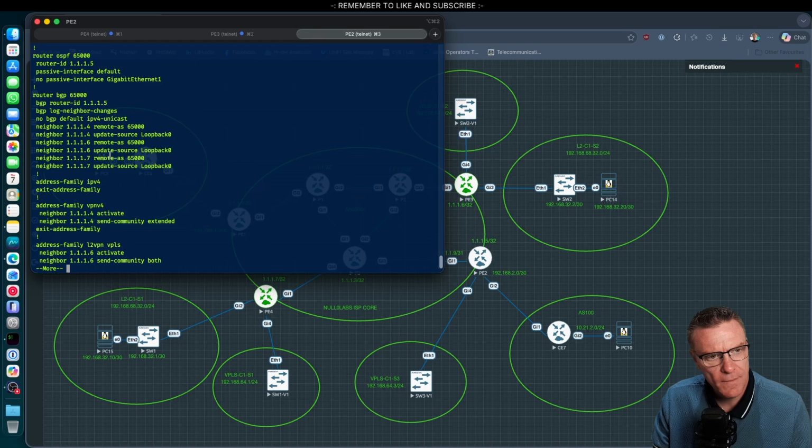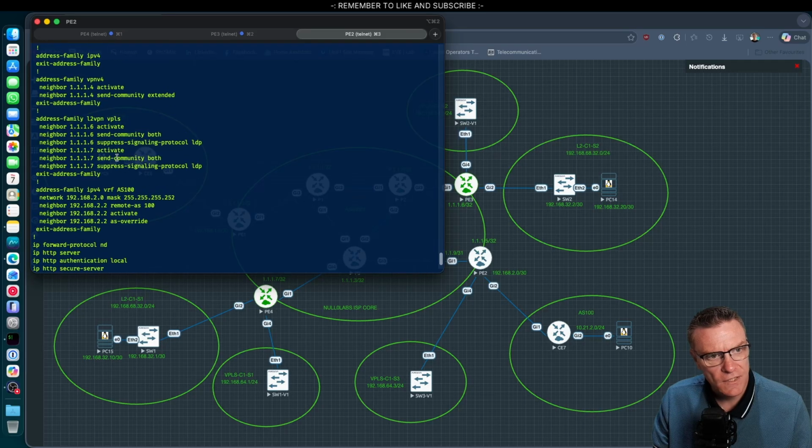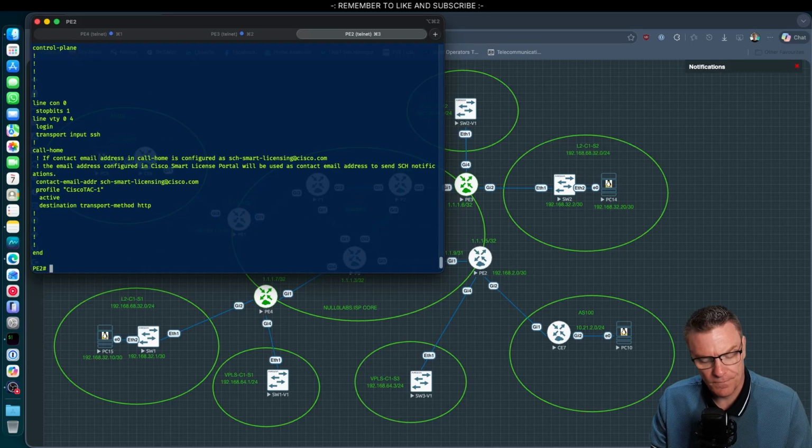Under our BGP, we have peerings to our required PEs. Under this one, we've got a layer 3 customer, and they're receiving their routes in via this VRF. We also have our VPLS customer configuration to share between our other routers here under BGP. So that should be all of our configuration